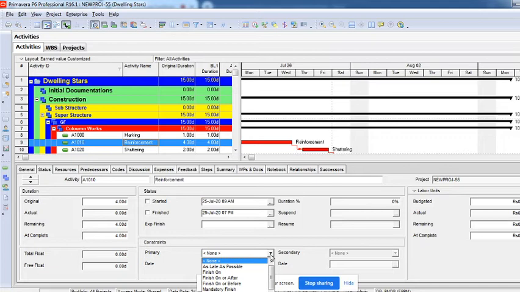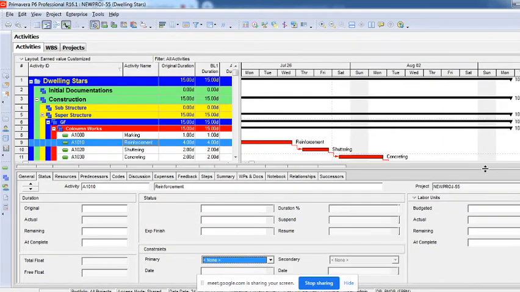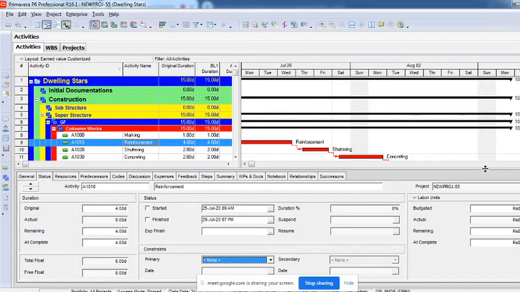As you said, the shuttering has to happen only after the reinforcement. But if you give it a mandatory start, even if the reinforcement is still not complete, the schedule says the shuttering has already started. So you have to be very sure about what constraint you are putting. Usually we say, wherever there is a non-critical activity and you want to restrict it, there you can use constraints.